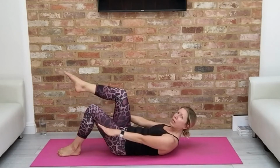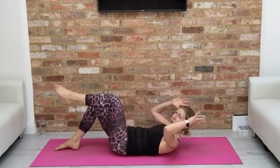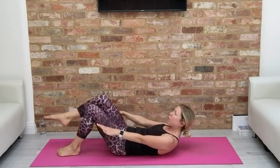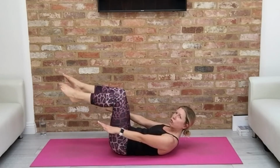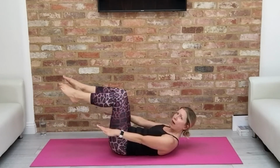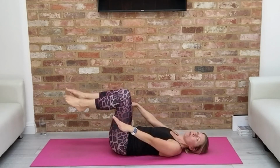If at any point it gets too much, please just lie all the way down towards your mat. Don't forget you can support the head as well if you need to. We have 2 more. Keep those movements strong. Breath is flowing. 1 more. And hold it there. Keeping the legs lifted, just bring yourself back down towards your mat, relax at your knee